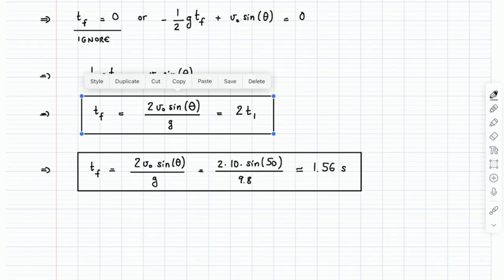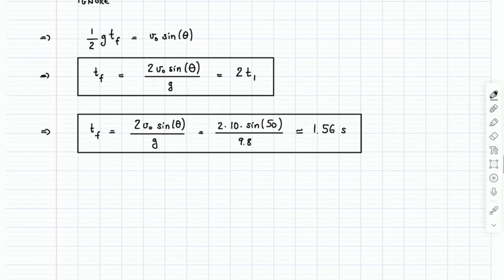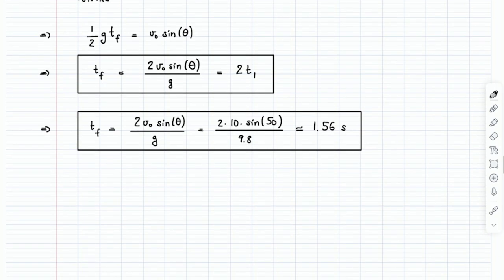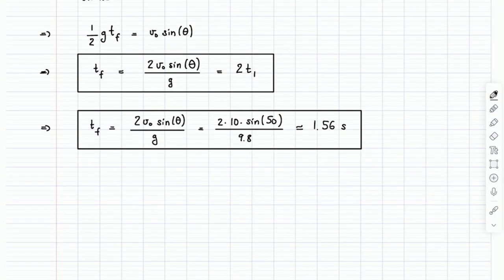It's straightforward. It's just be careful, because a lot of the stuff we're going to do at the very beginning of 8A is full of degrees. We just understand it better, right? It's more common. But at some point, we're going to have to switch to radians, because that's going to be the right unit to be using when it comes to angles. So for now, though, degrees all the way. Okay, so T final is 1.56. That is the time of flight.